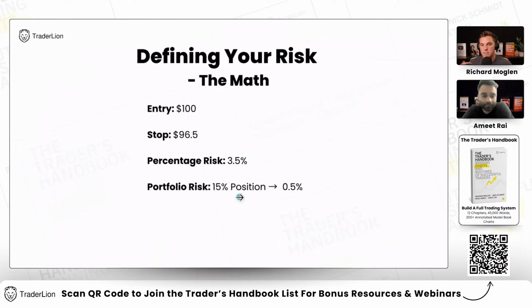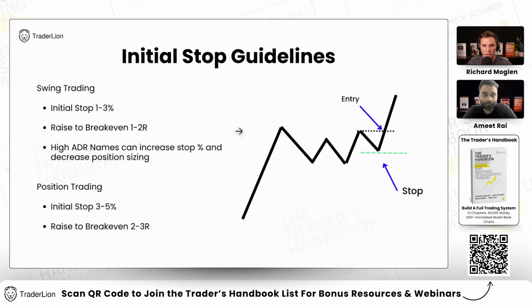But again, this is dependent on your experience, how well you can manage risk, how well you can pick good tight entry points. And we'll have some guidelines on position sizes later on in this webinar. But you can also think about it in total portfolio amount that you have at risk for any single position. But that's just a basic example of defining your risk on a single position on a single trade.